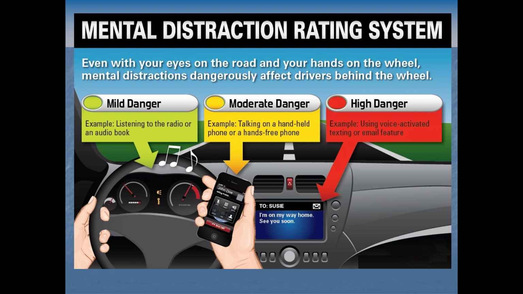Meanwhile, it turns out that one of the technologies that was originally pushed as a safety feature, like voice-activated apps for hearing and replying to your texts, these features are actually way more distracting and dangerous than phone calls. They're quite dangerous compared to these other behaviors. And notice, all of these dangers are without ever taking your eyes off the road. They aren't about your eyes missing the input, about not seeing things, but about your brain not processing what's hitting your eyes because our attentional capacity comes from a limited pool.